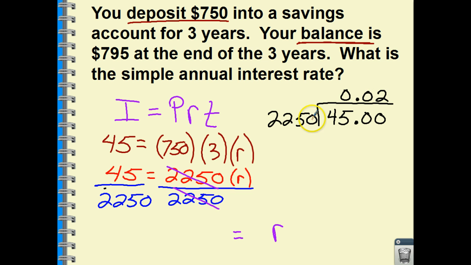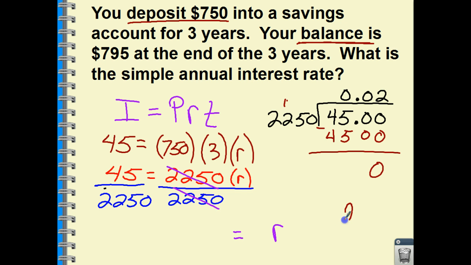All right, 2 times 0 is 0. 2 times 5 is 10. Carry the 1. 2 times 2 is 4, plus 1 is 5. 2 times 2 is 4. Subtract, and it looks like we have no remainder, which means my R is a decimal of 0.02,